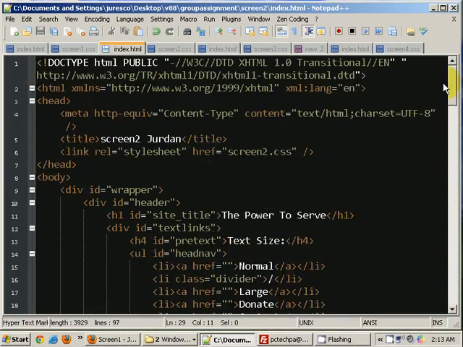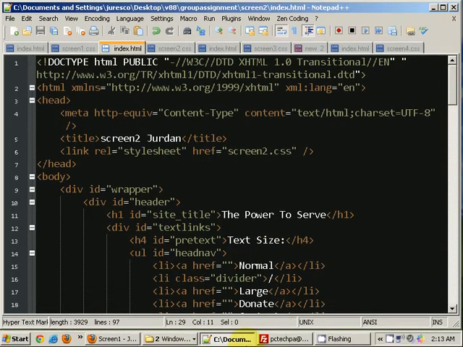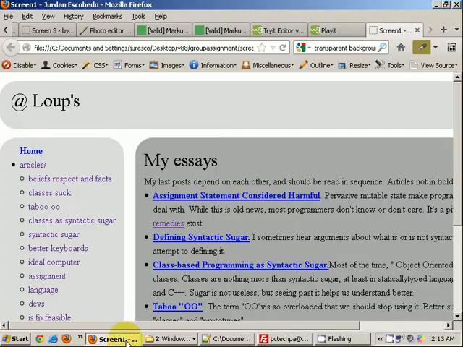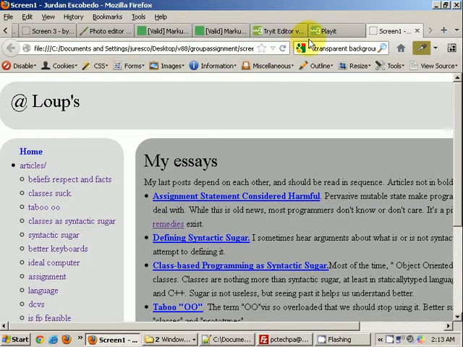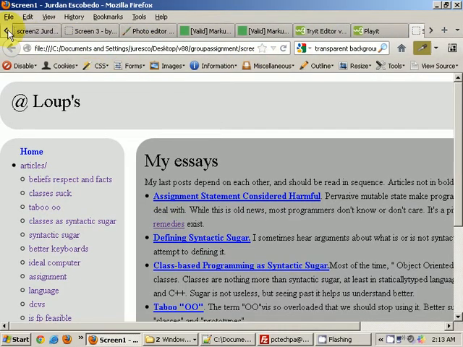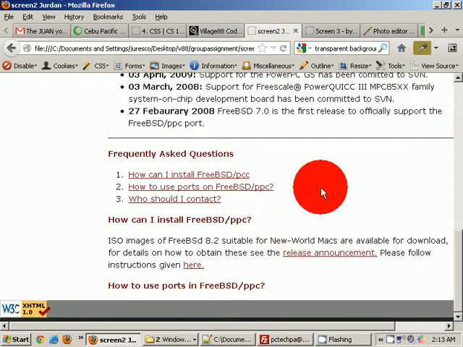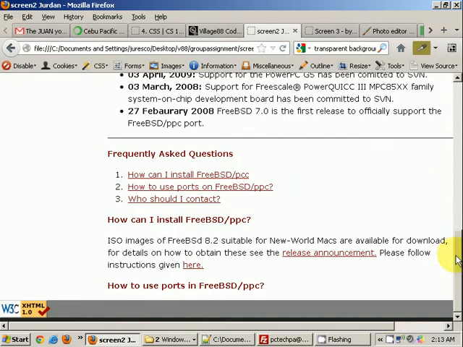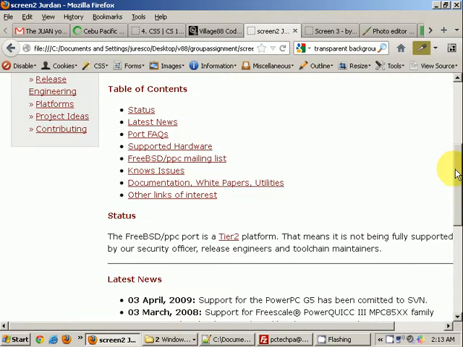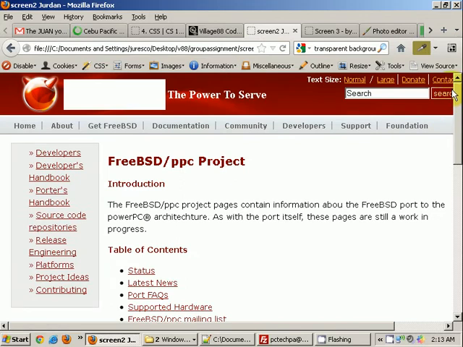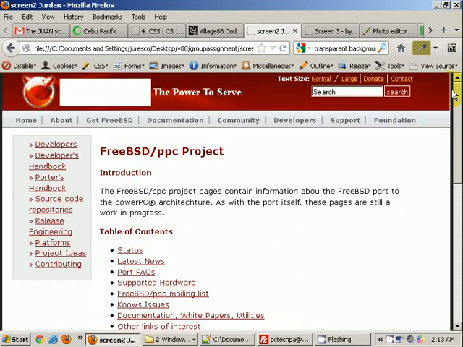Get rid of the extra divs, and then h2, screen 2 is here. Refresh that. Okay, so that I can show you that it's working on my web browser. There, let's zoom it a little bit so you can see it.